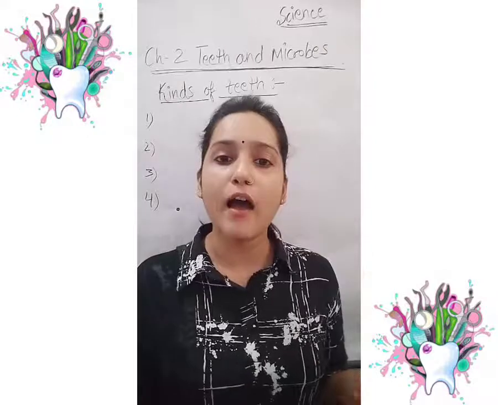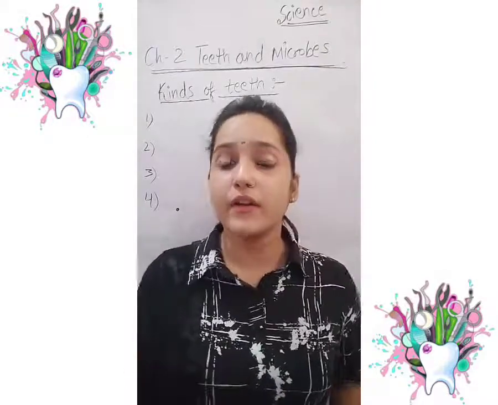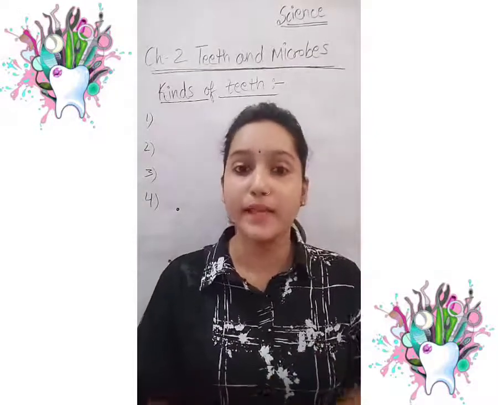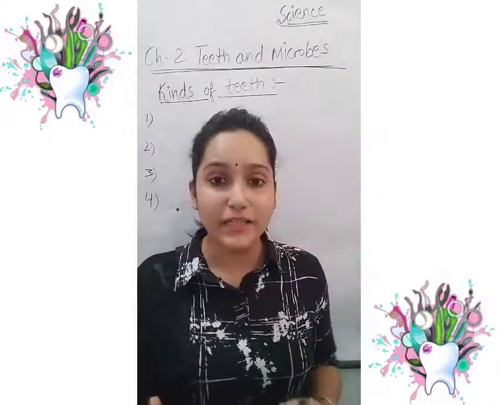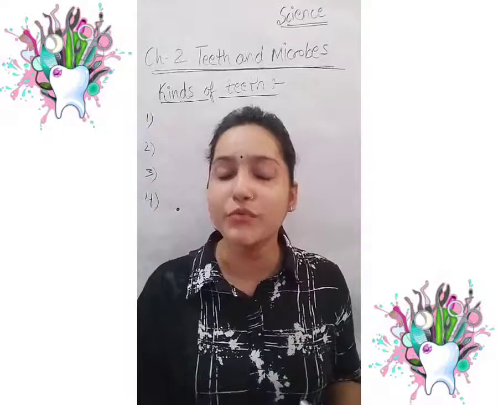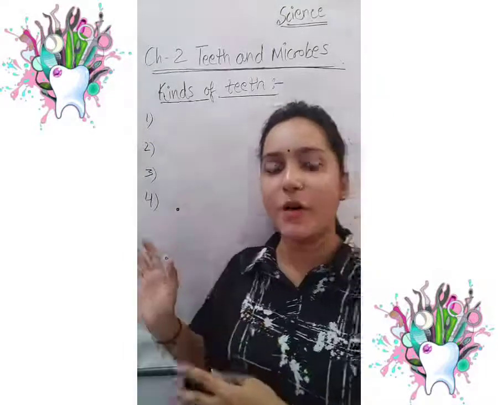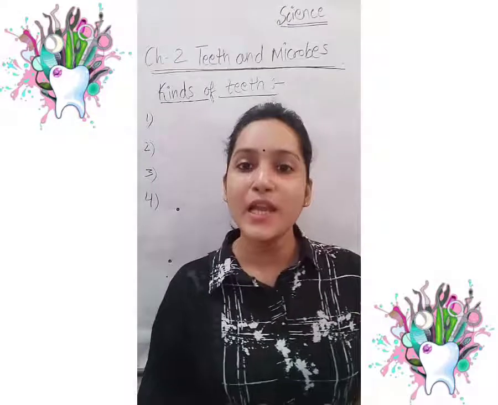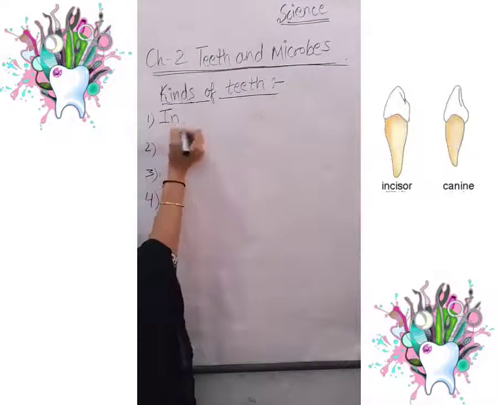We all have 4 kinds of teeth and they are used for different purposes, right? Whenever you eat something, you may be curious which teeth you are using for cutting down food, or which you are using for tearing food, or which for chewing food. First I am going to explain the types of teeth and then I will give you examples. The first one is incisors.